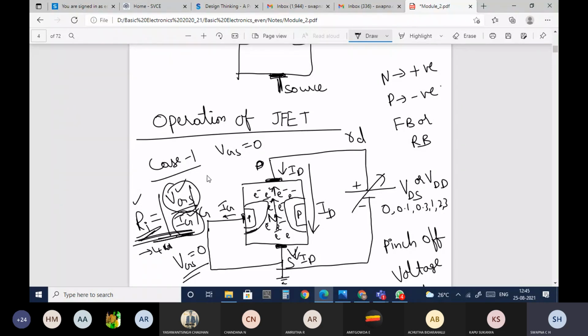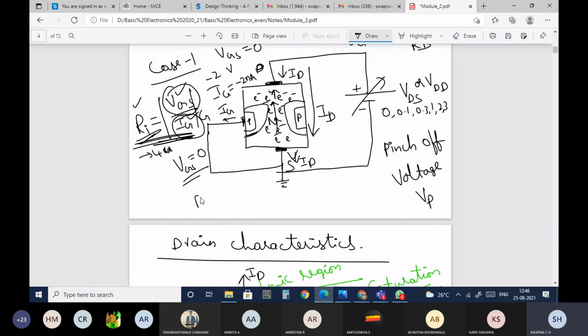They gave VGS equal to minus 2 volts, and the IG current they have given is minus 2 nano amperes. They have asked to calculate Ri. In that case, Ri will be equal to VGS, which is minus 2, divided by IG, which is minus 2 nano.